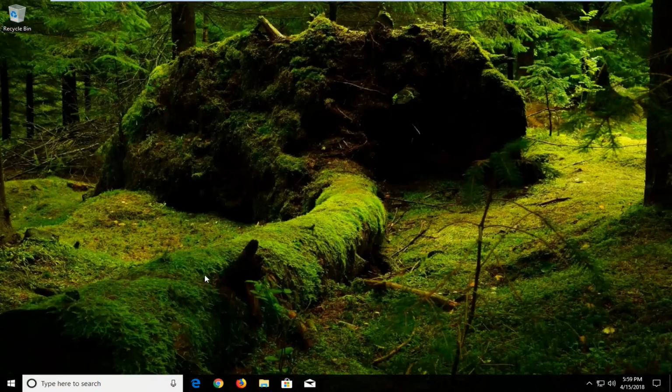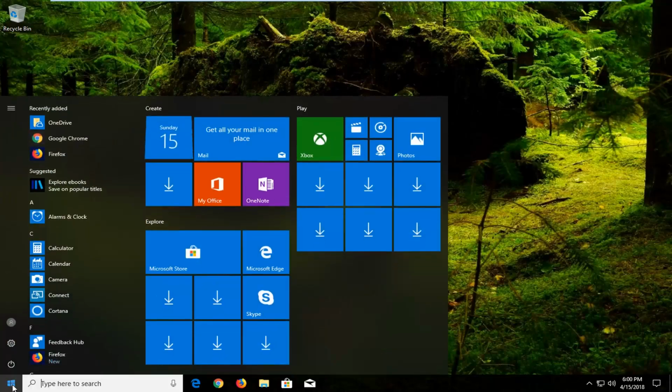In today's tutorial I'm going to show you guys how to reset your Toshiba laptop to factory settings, or factory state, running Windows 10. So hopefully this should be a pretty straightforward tutorial, and without further ado let's jump right into it. So we're going to begin by opening up the start menu just by left clicking on the start